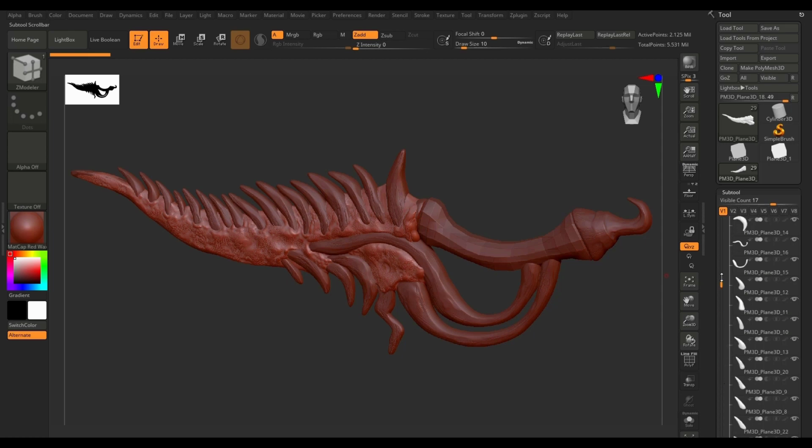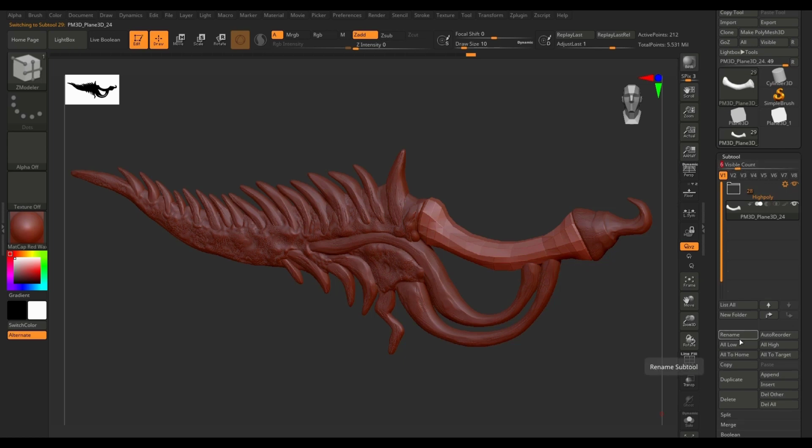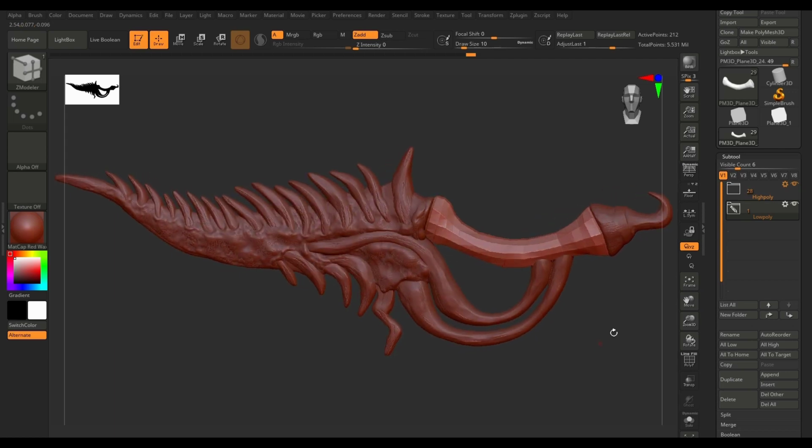All right, and close. Now another folder for the low poly. New folder and low poly. All right, I'm gonna transfer each one of the created low poly meshes inside the low poly folder, and after finishing the retopology, I'm gonna duplicate and merge the folder and use that as a low poly mesh. So